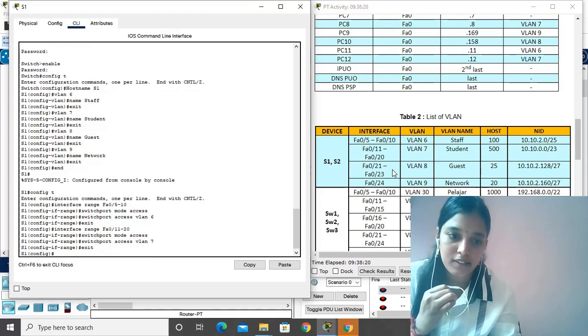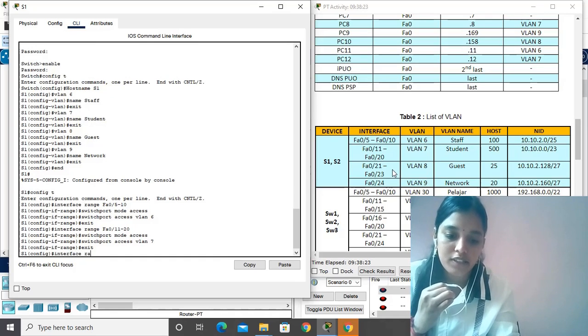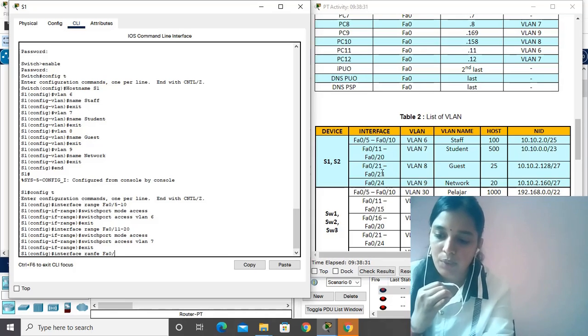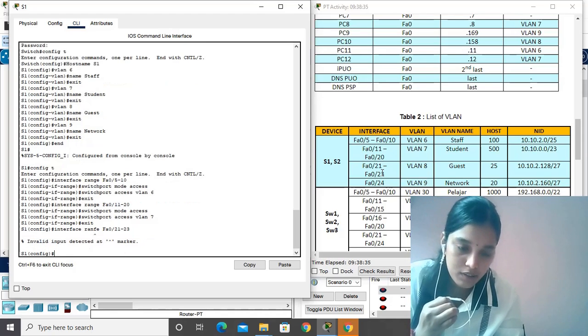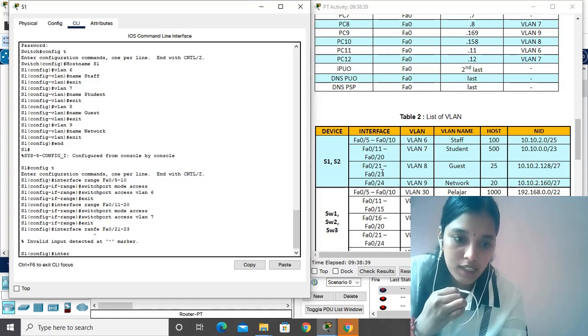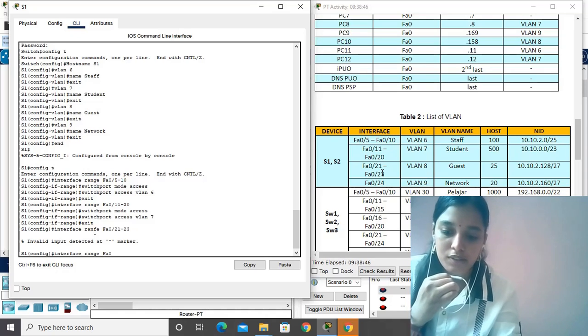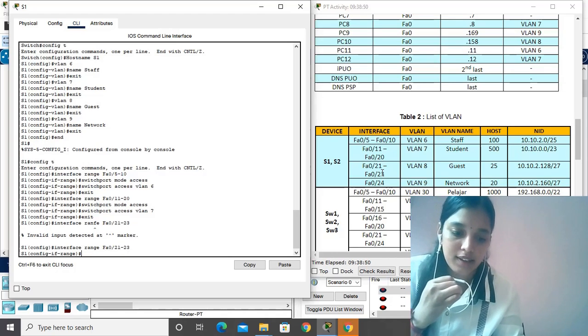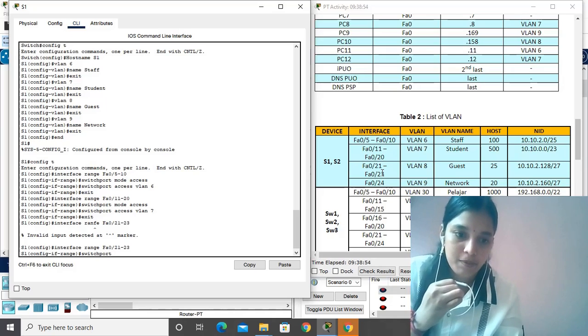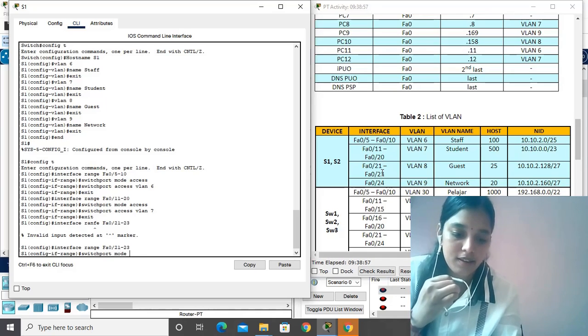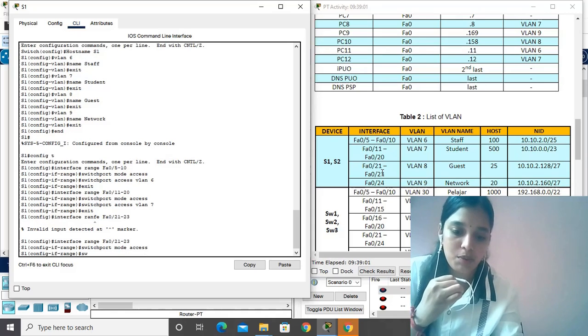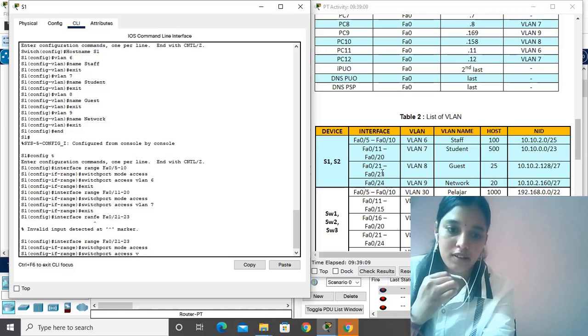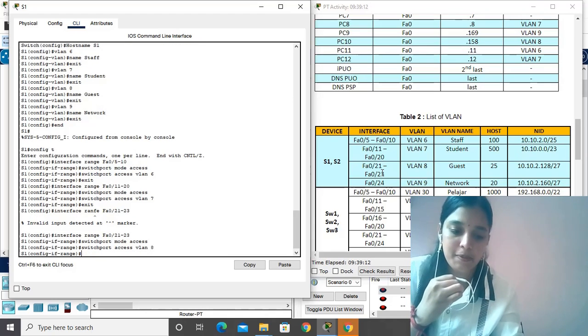exit, then go to interface range FA0/, there is shown 21 until 23, must write there, range must be typed correctly, interface range FA0/21 until 23, then switch port mode access, then switch port access VLAN 8, exit,